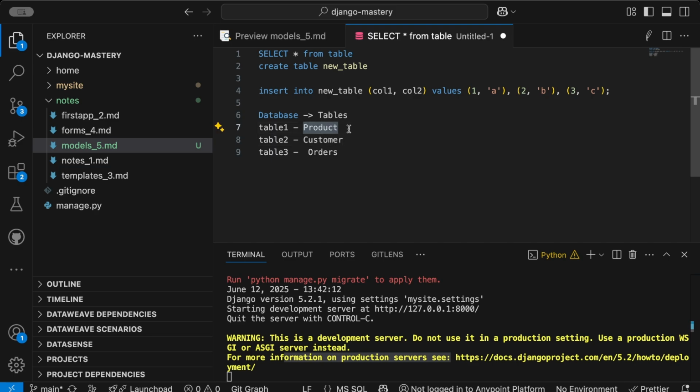columns. Like product can have columns like product ID, product name, product price. Customer can have columns like customer ID, customer name, customer date of birth, right? And you can have orders in which you can have fields, or columns, like order ID, order date, order amount, order status, that is, delivered or not. So there are different things which you can have in a table, and all of these tables are under a